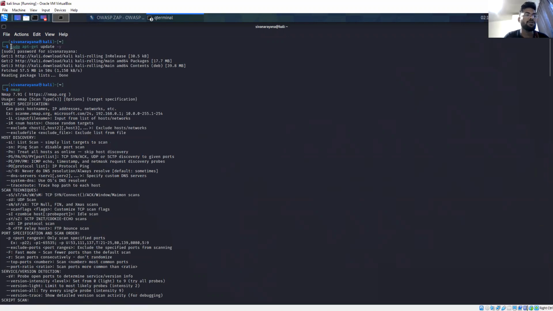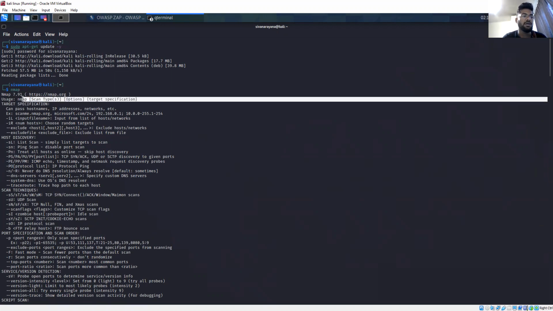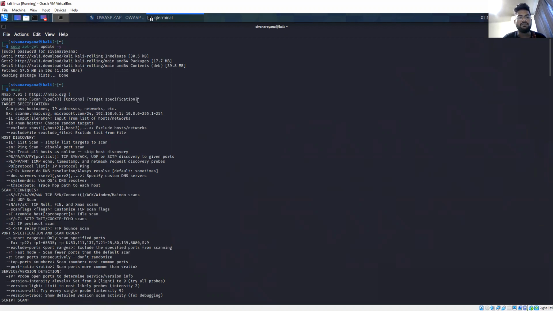First of all, I'm going to give sudo apt-get so that it will release all the libraries which are going to be used in Kali Linux. Then I am giving nmap, where I can find all the useful scan types and the option target specifications of nmap.